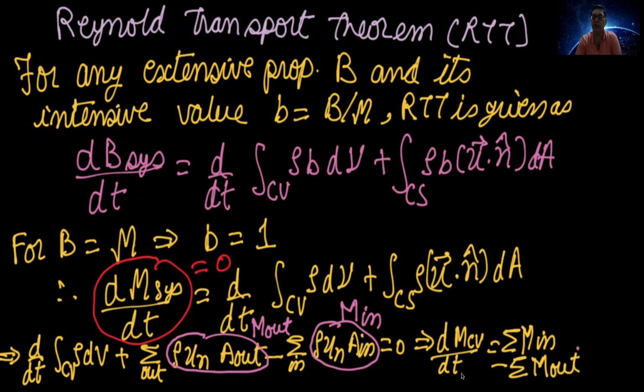Like in a tank, if the rate at which mass is entering is larger than what is leaving, then there will be an increase in the level of water in the tank. In a tank, if there is rainfall by which mass is entering the tank, and at the bottom there is a drainage, and the tank is receiving more water from the rainfall as compared to what it is draining, then the mass of the liquid inside the control volume will increase. Whereas vice versa, if more mass is leaving out of the control volume, it will decrease.